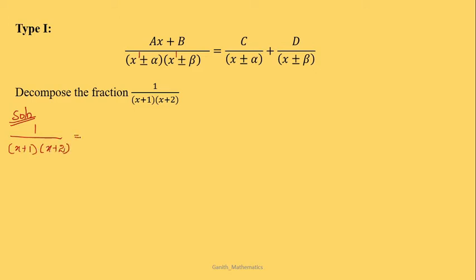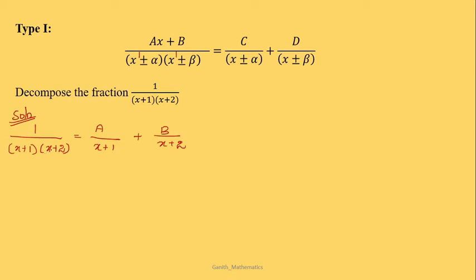Right. So this I can write it here. They have mentioned it as c, but there is no a, b, so I can also mention it as a, right? Any other variable, x, y, whatever it may be, but it should be in capital letter, because here we are mentioning this x in small letter, right? So you have to mention that variable in capital letter. So I am here mentioning it as capital A divided by x plus 1 plus capital B divided by x plus 2. That's it. This is the main part of type 1. So I split it into the addition of two fractions. That's over. Then we are going to simplify these two. So we are going to take LCM.